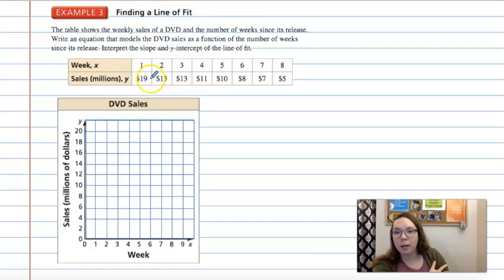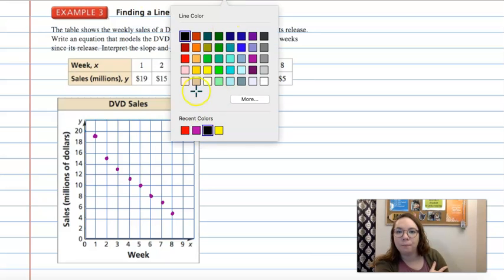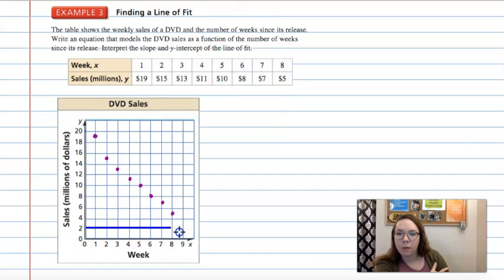So I need a point at 1, 19. I need one at 2, 15, 3, 13, 4, 11, 5, 10, 6, 8, 7, 7, and 8, 5. And it looks like I'm missing a grid line here, so let me put that in. Should be one running right through there. Okay, so